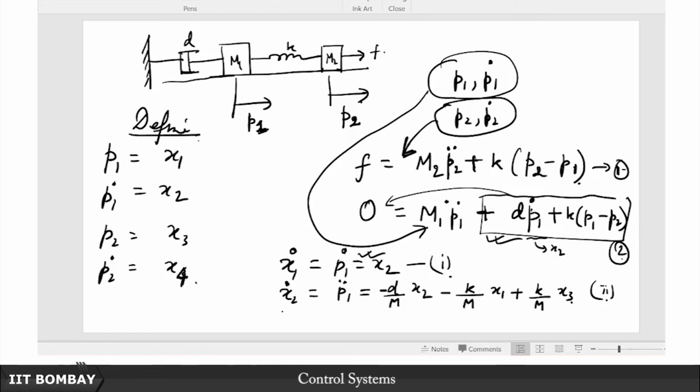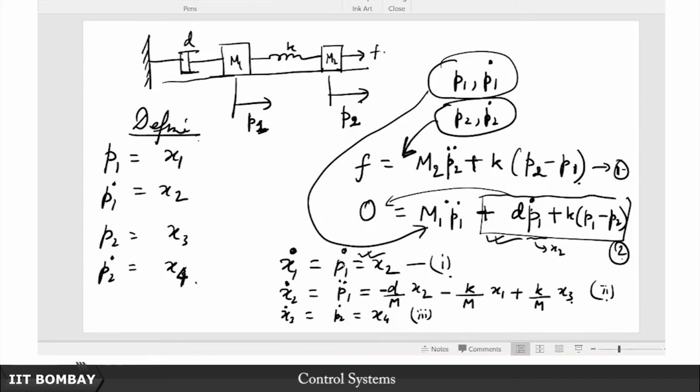What about x3 dot? Simple, x3 dot is again very simple to evaluate. x3 dot is nothing but p2 dot, which is x4. So it is kind of similar to the phase variable form, but not quite, because we have two different equations here, we are not writing this as a single equation. It is reminiscent of the phase variable form, but not exactly, because there is a coupling between two different systems here through the spring,